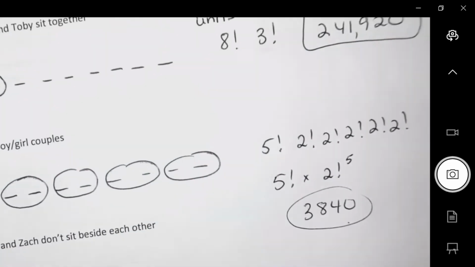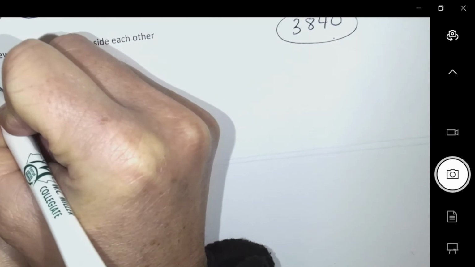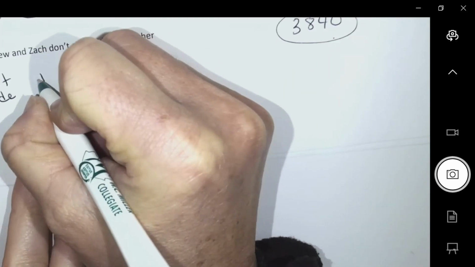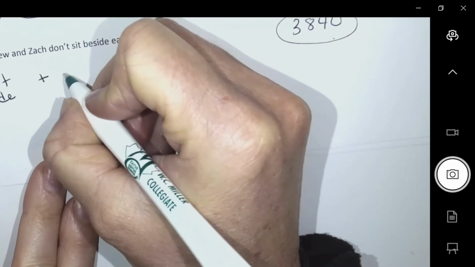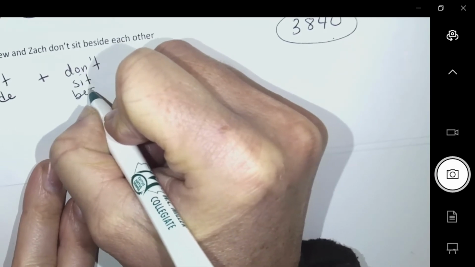Okay, so the last question says, Andrew and Zach are not allowed to sit beside each other. So how many ways could we arrange with having them not sit beside each other? So does this make sense that if they sit beside each other, plus the scenarios where they don't sit beside,